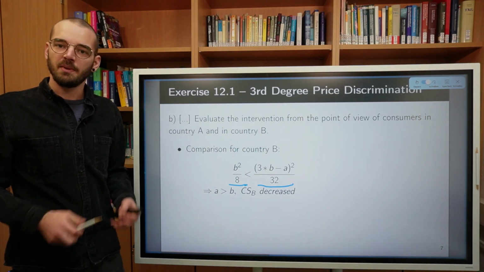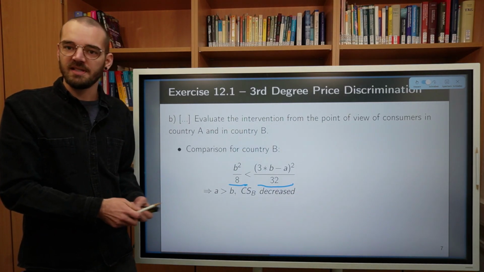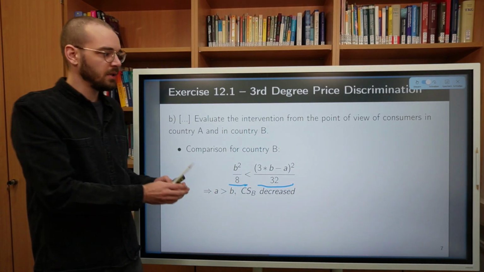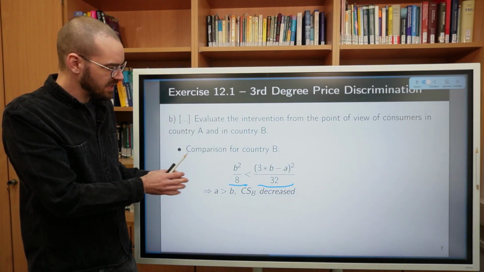And again, what we will find out by rearranging this expression is that this statement is true, so consumer surplus did actually